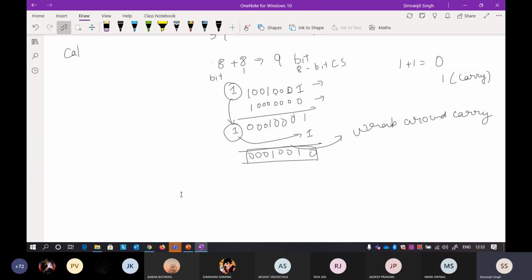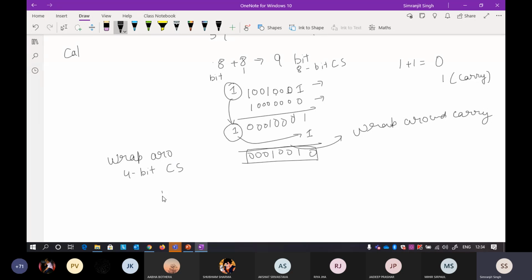Again, I am saying, if you take any other procedure, it is a very complicated one because of this wraparound carry at the sender or the receiver side. This particular thing is very difficult to figure out. Suppose I am always following wraparound carry. I can take an example. I am taking a 4-bit checksum so it will be easy for me.